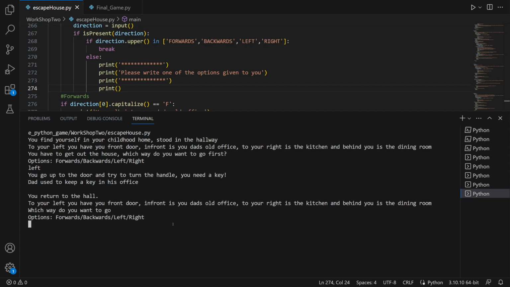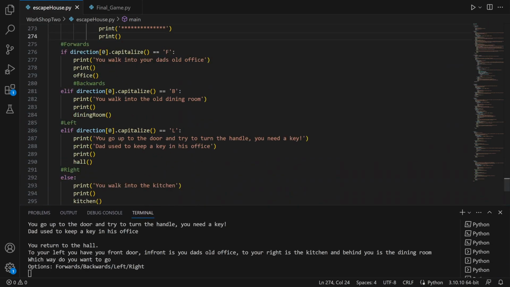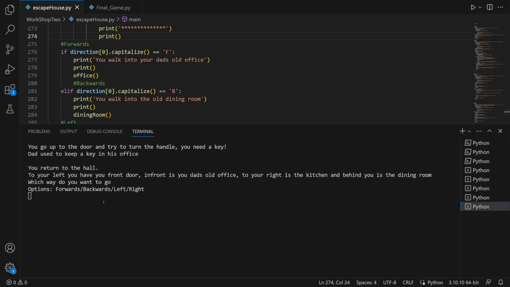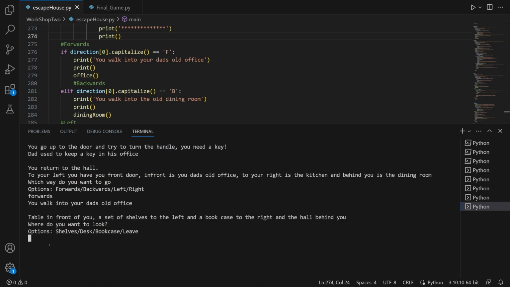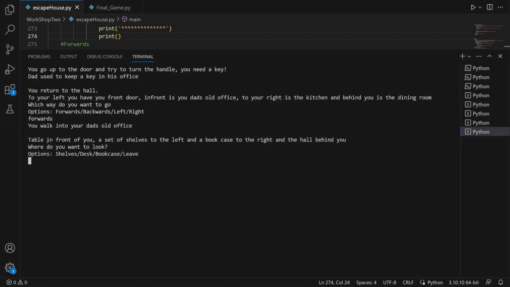I hope you can see how that sort of thing works. I printed this message because I know from the beginning you can't go to the office. So now that I know this, let's go into Dad's office. We want to go forwards. I walk into the office, and you can see this game is a lot larger in scope. It's got a lot more to it in terms of the different places in the room. So you can go to the shelves, the desk, a bookcase. So if I go to his desk,